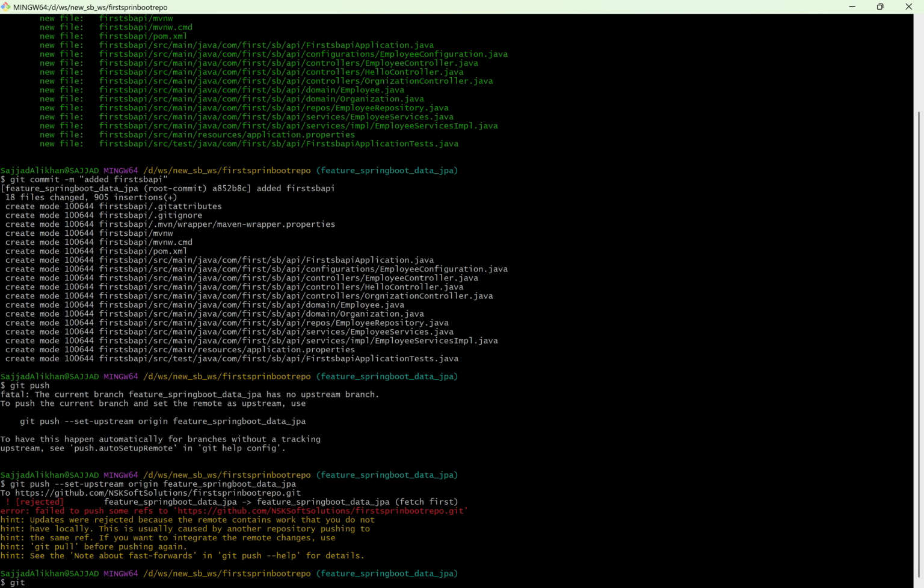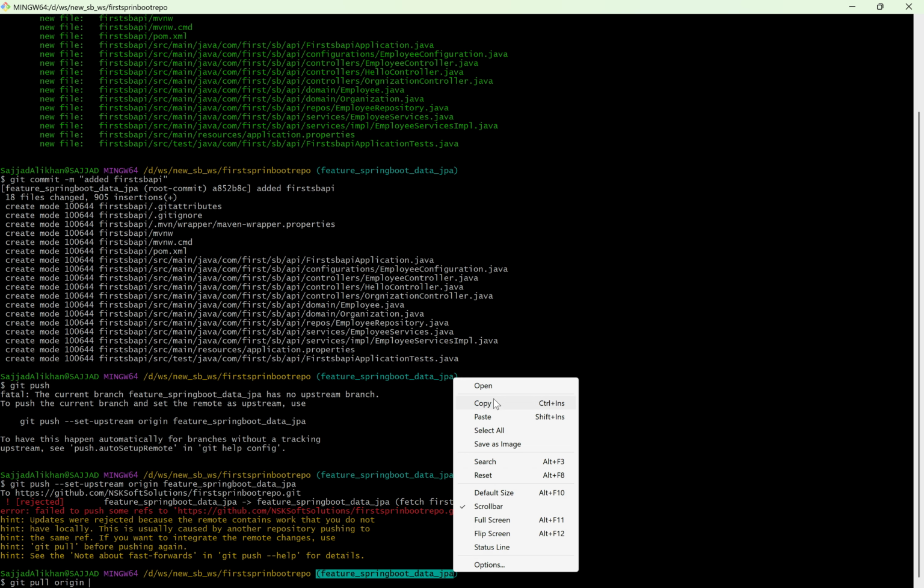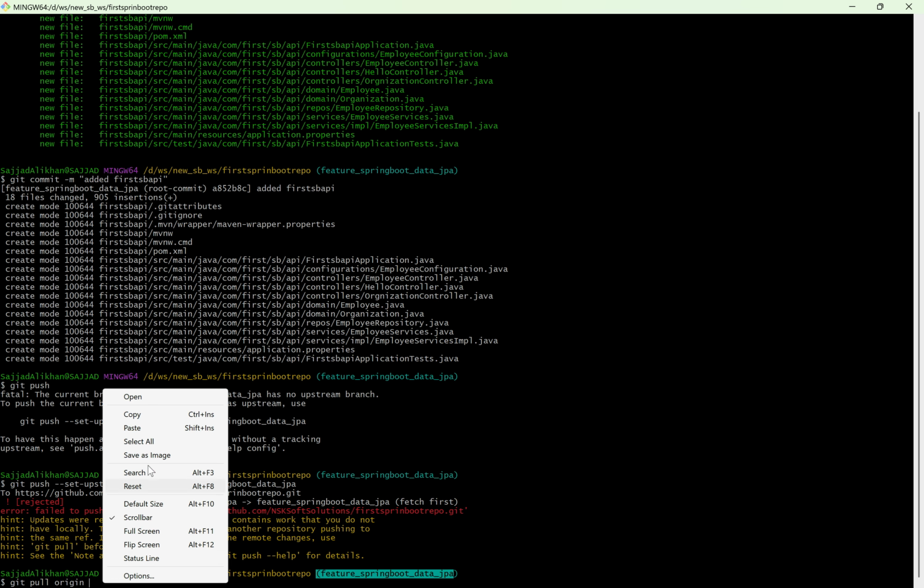So I'll use the git pull command, origin. So where you want to pull it from? I want to pull it from the feature branch. I'll copy this, I'll paste it over here, and I'll remove the bracket and I'll do it now. So now it will pull the changes from the branch to this one. So you can see here, right? So these are the details. It is pulled actually. If you go and check your local,